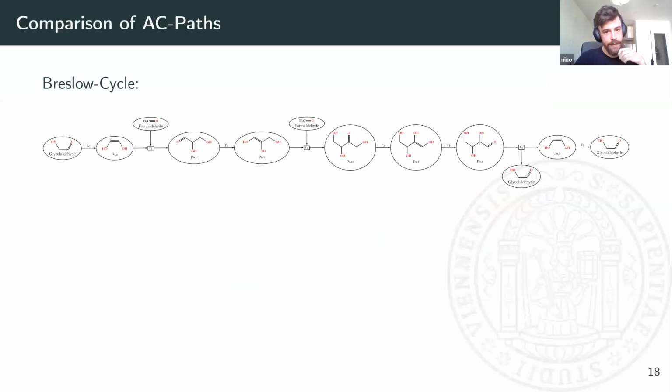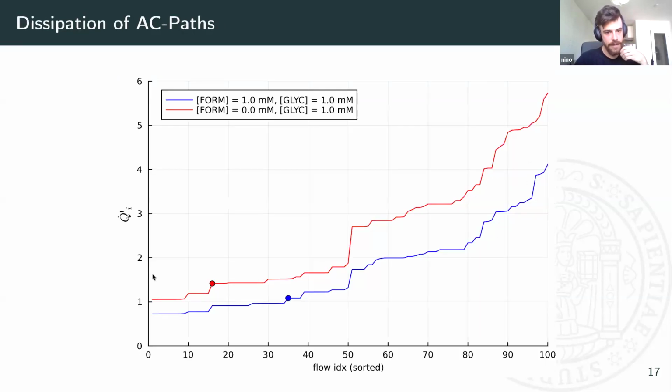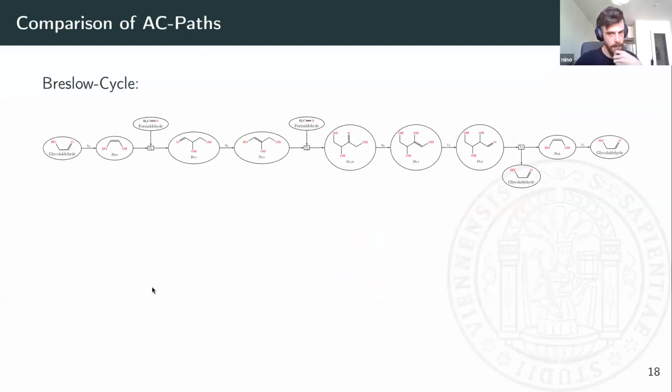Okay, so finally we can compare this, for example, what is the most optimal pathway, the one that has the least dissipation, which is, by the way, the same in both the red and the blue curve, and compare it with the classical Breslow cycle. So here you find a Petri net